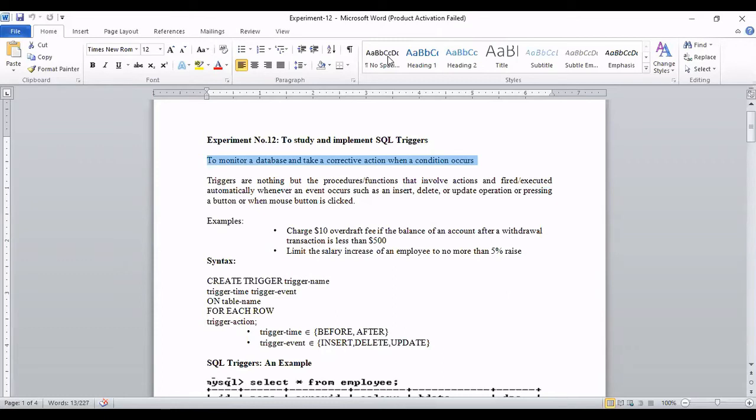I'm muting all because some sounds are coming. Now see here, in the trigger case, if something is deleted, who is keeping the record? In the Windows operating system, I delete a file, and that file is automatically transferred to the recycle bin. How is it possible? I am not writing any code. I am not doing any manual operation. I am not transferring it to the recycle bin. Simply I deleted, but if I check in the recycle bin, it is present.